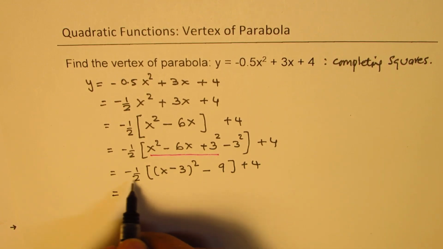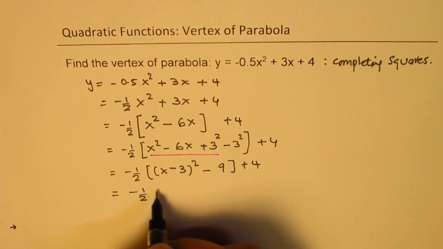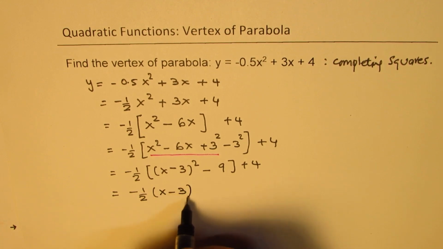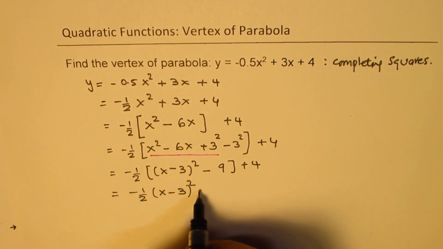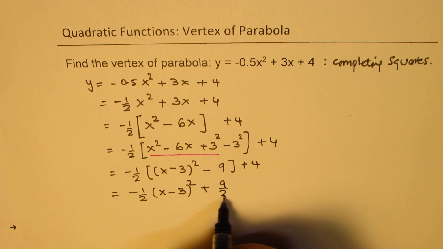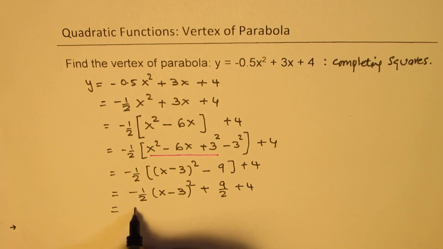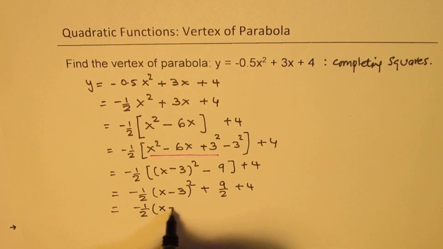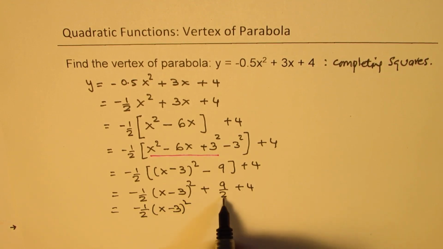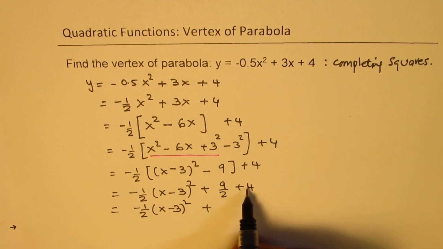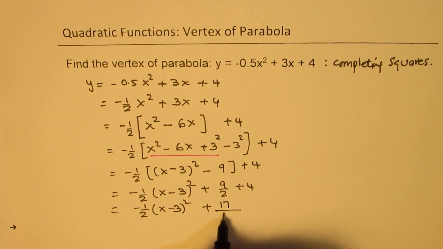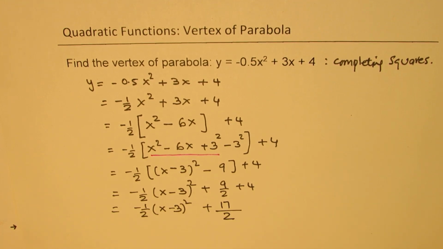Now, we can open this bracket, so you get minus half x minus 3 whole squared, and when you multiply this, you get plus 9 over 2, and then you get plus 4, right? So that is what you get. Now you can combine these two terms. You get minus half x minus 3 whole squared, plus 4 times 2 is 8. 8 plus 9 is 17 over 2, right? So that becomes your